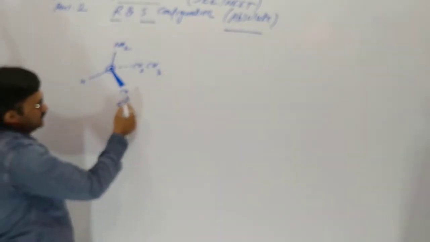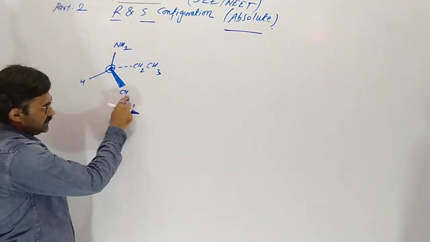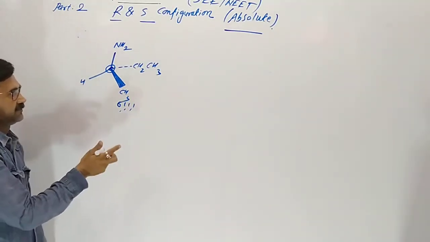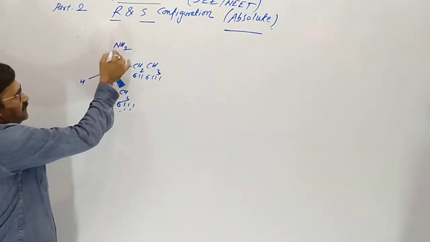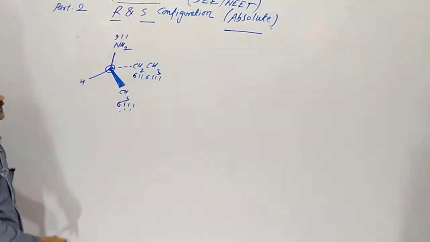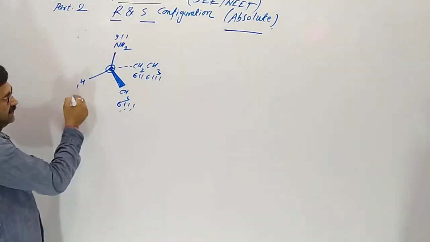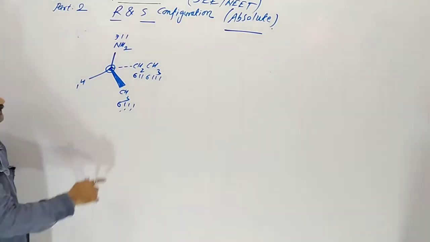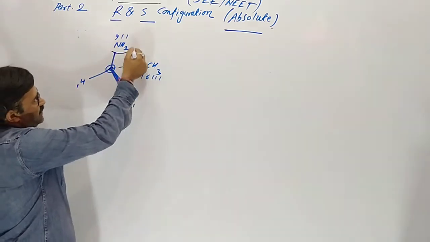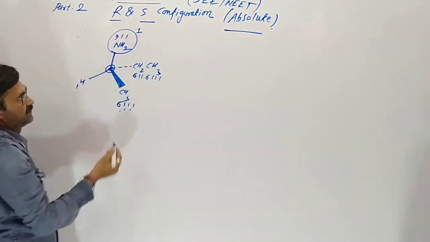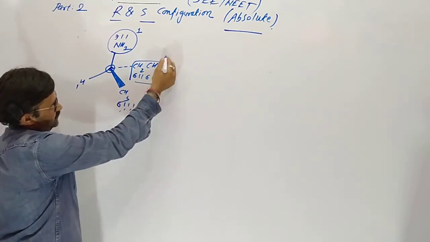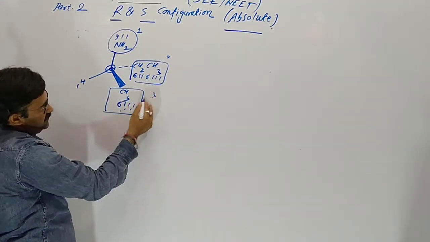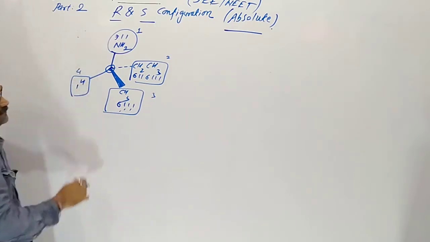Then numbering 611. First of all, atomic number 6, then triple hydrogen 611. Here 611, 6111. Nitrogen atomic number 7, then after 2, 711. Here is one atomic number. So which first digit is the highest? 7. So it is 1. 6111, 6116. So this one is second, this one third, this one fourth.